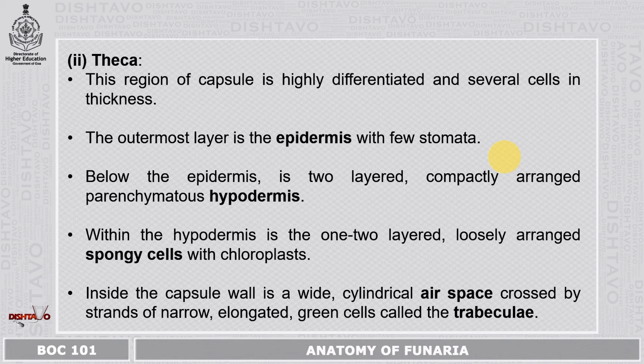The second region is the theca region. This region of the capsule is highly differentiated and has several cells in thickness. The outermost layer is the epidermis with few stomata. Below the epidermis is a two-layered, compactly arranged parenchymatous hypodermis. Within the hypodermis is a 1-2 layered, loosely arranged, spongy cells with chloroplast. Inside the capsule wall is a wide, cylindrical air space crossed by strands of narrow, elongated green cells called the